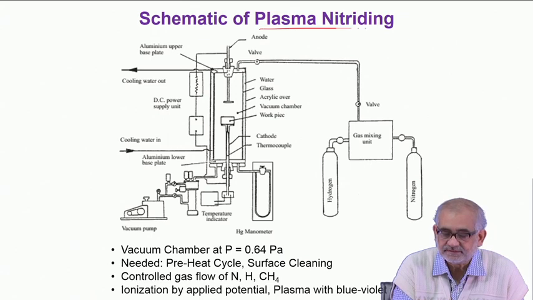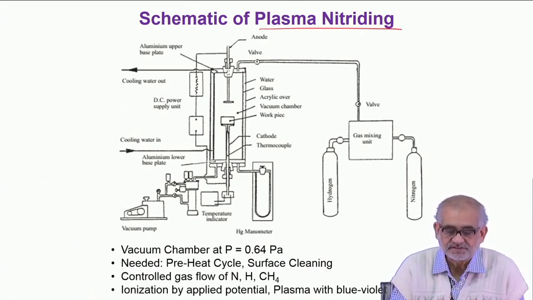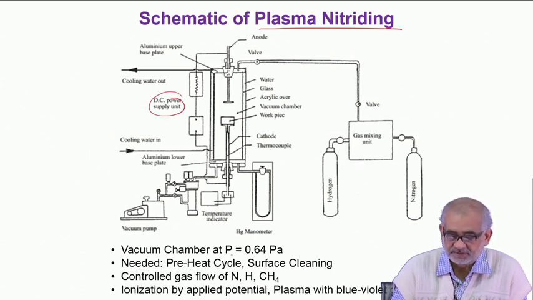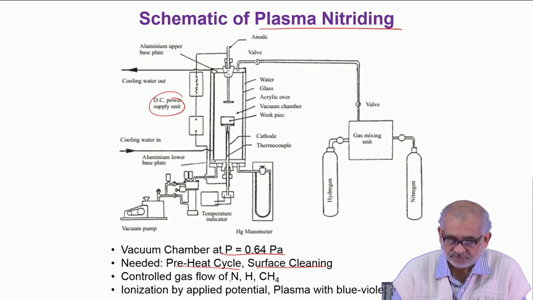So, plasma nitriding, as we have already seen, is a process where we place the sample immersed in the plasma, and then we stabilize the plasma by application of certain specific DC power. The pressure inside the chamber is very low, much lower than the atmospheric pressure. We may need a certain pre-cleaning cycle to remove the thin oxide layer or other contaminants from the surface, and then we actually allow flow of gases, usually nitrogen and hydrogen, at times also with methane, and application of electric potential